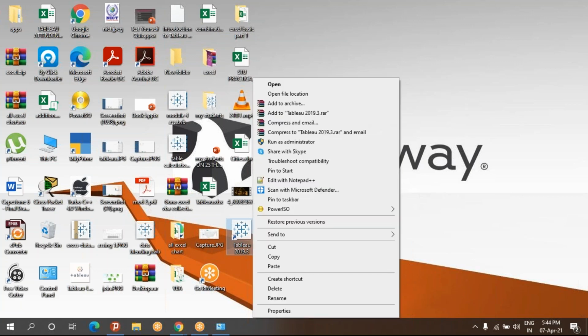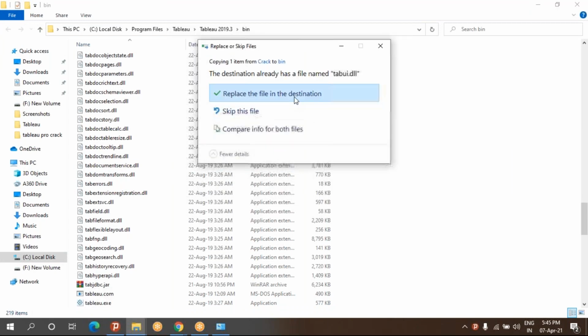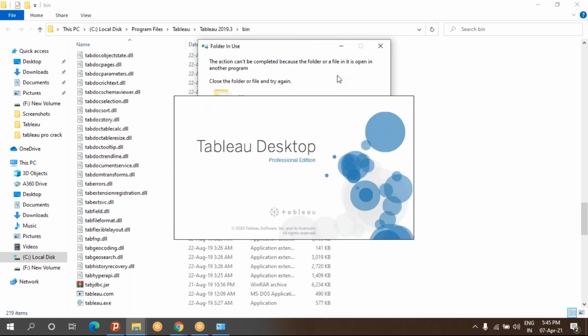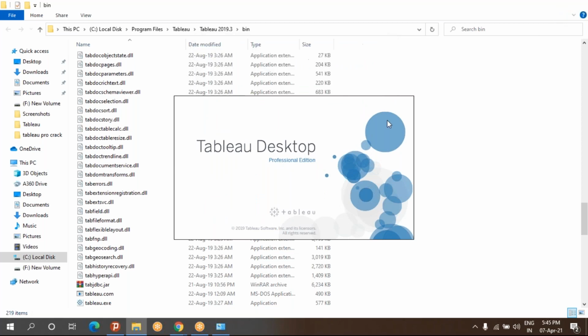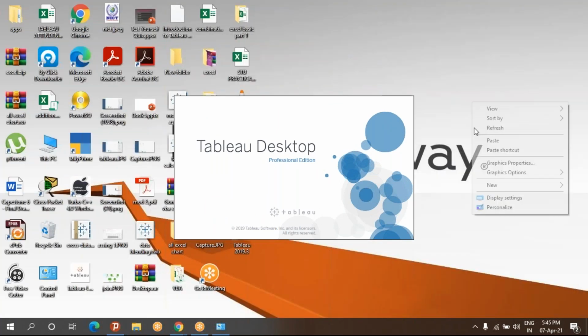Right click, open file location, paste. Because Tableau is getting opened, that's why it is not getting copied. Let Tableau open once, then we close it, then we can do that.